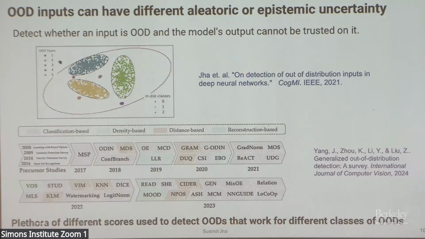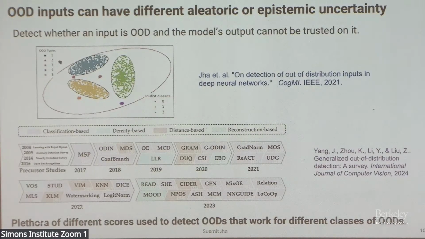Now, to talk about out of distribution, one big challenge is that for any of these models, what is in distribution is becoming more and more difficult to define. So at least in my opinion, it's not a very monolithic concept, despite a huge set of papers which talk about this, some of our own papers. What we looked into a while back was to try and understand the different sources of why something would become out of distribution. It could be because of epistemic uncertainty, aleatoric uncertainty, or it could be class conditional. So there are a variety of different reasons why an input could become out of distribution.